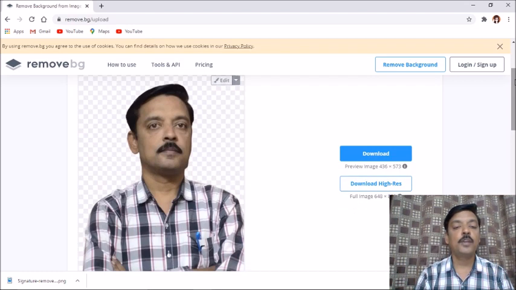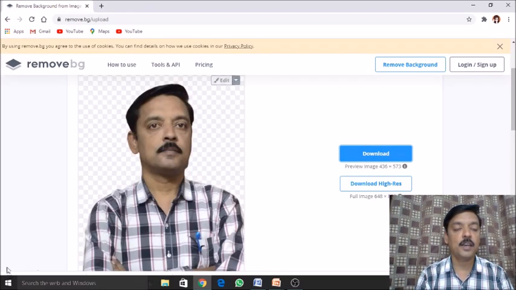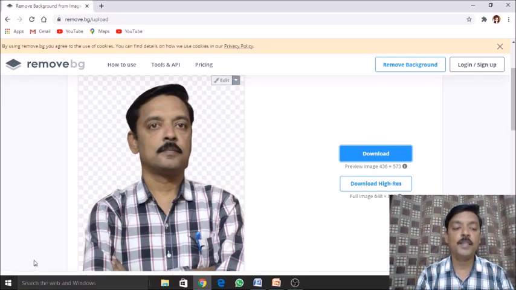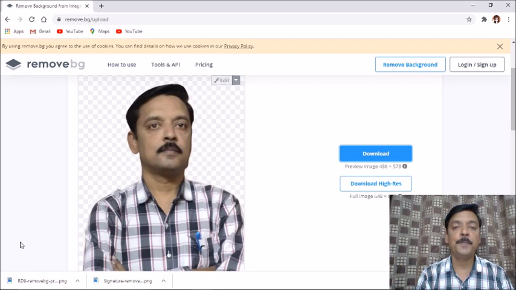So you can find it over here. It is something like a cutout. You might have seen cutout posters of various heroes or various actors. So exactly that impression will be given by remove.bg. Again we have to click on the download option. So again my image is getting downloaded onto the same folder, that is the download folder, and the name of the file remains the same. Just like I have saved my file with the name rdb, the new file without background that is getting created has the name rdb.removebg. So that is the name taken by that image by default.